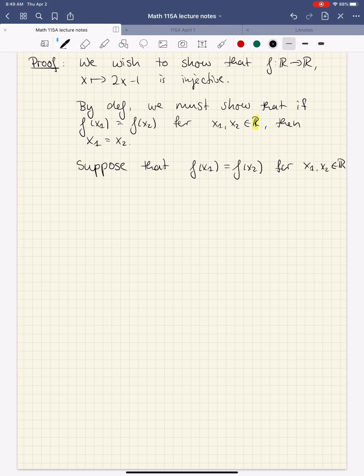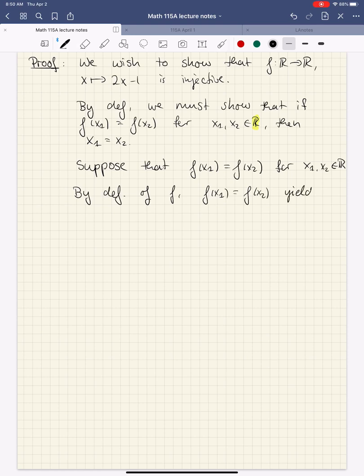So this is the setup again, the introduction, and now we go to the specific situation we're in. So let us analyze what f is really doing. So by definition of f of x1 being equal to f of x2